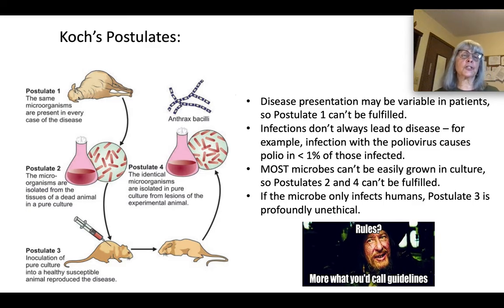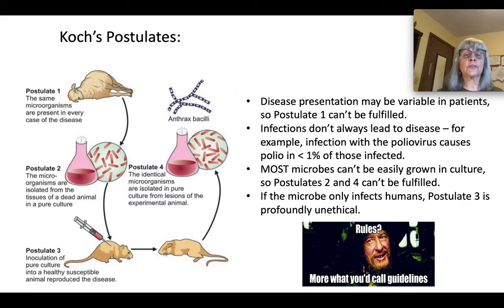That would lead to postulate 3. Once you have a pure culture, they would take some of those microbes and inject them into a healthy animal. That is postulate number 3, where they used mice here. The mouse would get the disease, show the signs and symptoms, and die